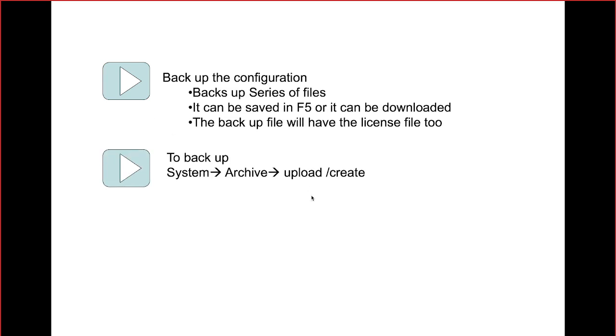And the next step is what? We just need to back up the configuration. Of course, you know the importance of backing up the configuration. If something goes wrong, you will be able to restore it. We will see the demonstration of this later, because we first need to do certain configurations, and then we will take the backup so that it will be helpful to restore even if something goes wrong or we mess up the configuration.